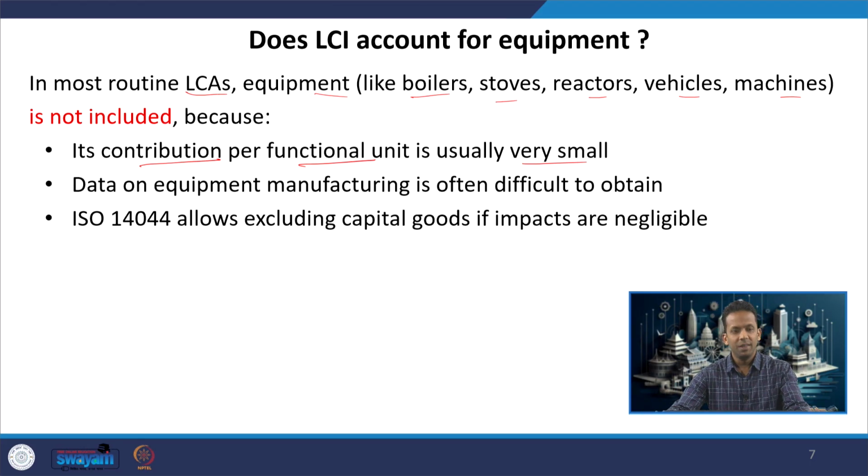Then the data on equipment manufacturing is very difficult to obtain from the suppliers or manufacturers. It will be a very tedious and time-consuming process. And ISO 14044, the guidelines which tell us how to do LCA, allow exclusion of capital goods if impacts are negligible. So, in most of the LCAs, you will not see these equipments being included in the inventory list,